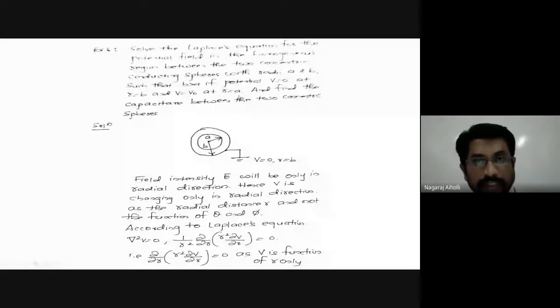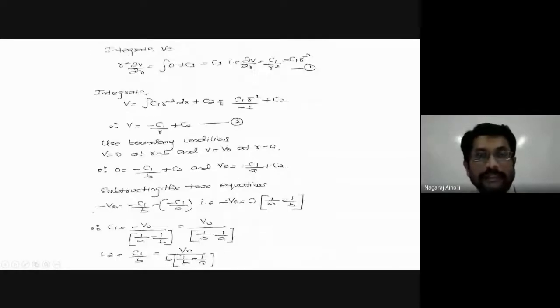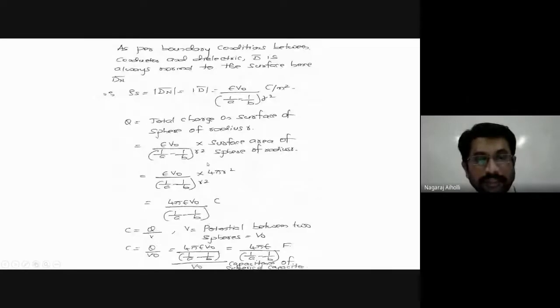So you are finding the capacitance on the inner sphere, because on the outer sphere there are no charges, potential is 0. On the inner sphere, what is the capacitance? That is given by 4 pi epsilon. Here V naught and V naught cancel. 4 pi epsilon divided by 1 upon A minus 1 by B, which is the capacitance of the spherical capacitor. Okay, note down the steps, students. The last steps.